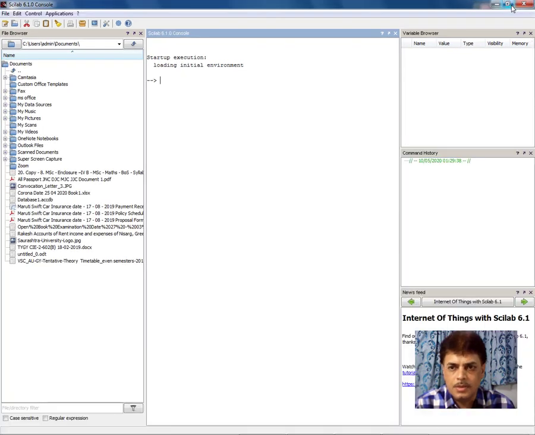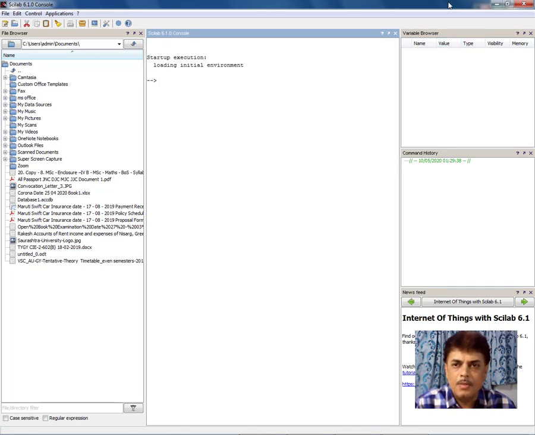The interface of the Scilab is being displayed. Here we can observe that there are almost 5 windows. The main interface lies here, that is Scilab 6.1.0 console.